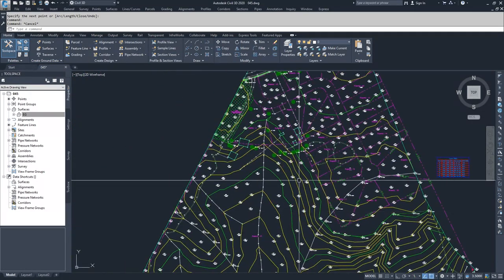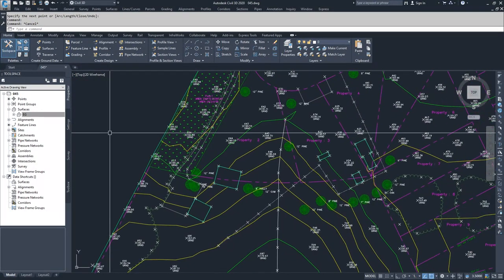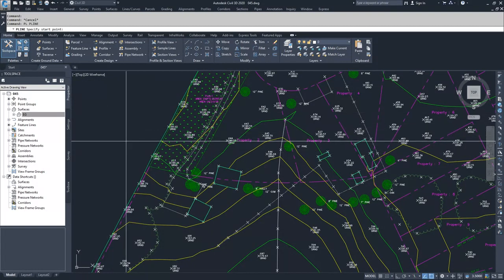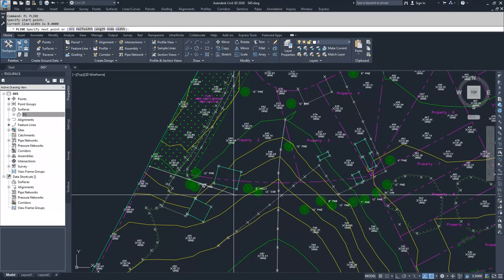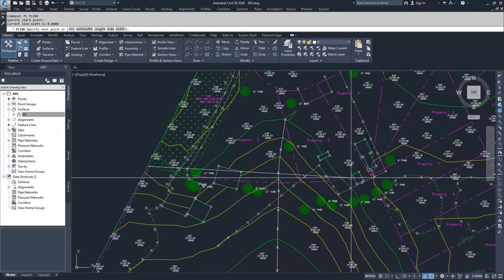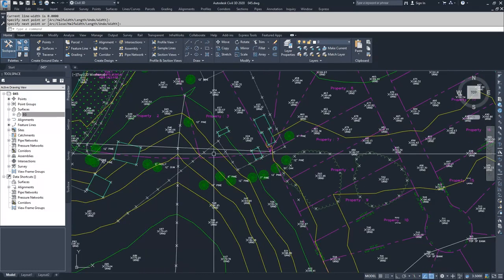The next option I'm going to do is create a feature line based on an object. The objects that I can create feature lines off of are lines, arcs, and polylines. So I'm going to go ahead and create a polyline. And I'm going to go between the edge of this parcel. I'm basically creating a polyline that runs along this property boundary here, because I know that there are these 2